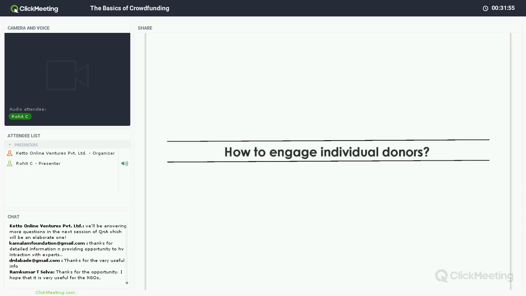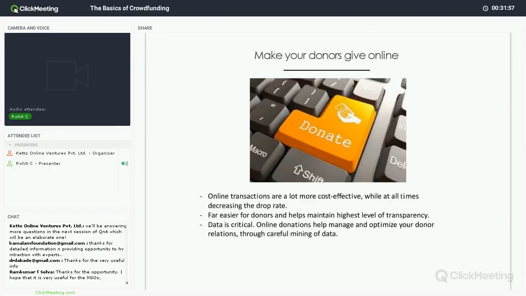Now, how to engage your individual donors? Make your donors give online. Online transactions are a lot more effective, while at all times